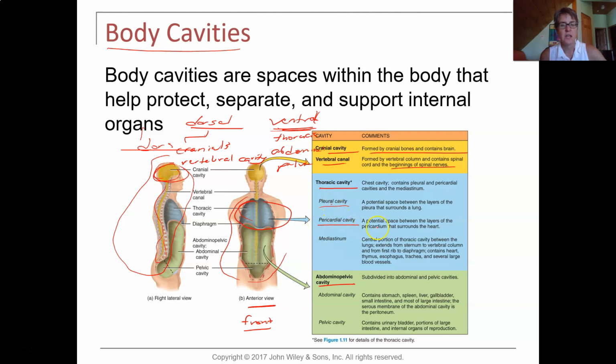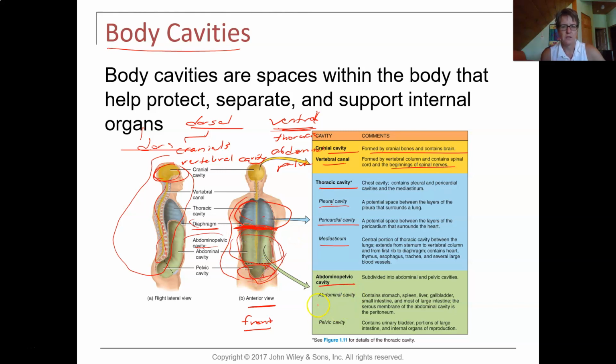It has your heart in a pericardial cavity, and then you have the mediastinum, which is just a region. Now, there is this big flat sheet of muscle between the thoracic cavity and the abdominal pelvic cavity. That flat sheet of muscle separates thoracic from abdominal pelvic, and it is called the diaphragm. So the diaphragm is a big flat sheet. Superior is the thoracic cavity, inferior is abdominal pelvic, and abdominal pelvic will divide up into your abdominal cavity and your